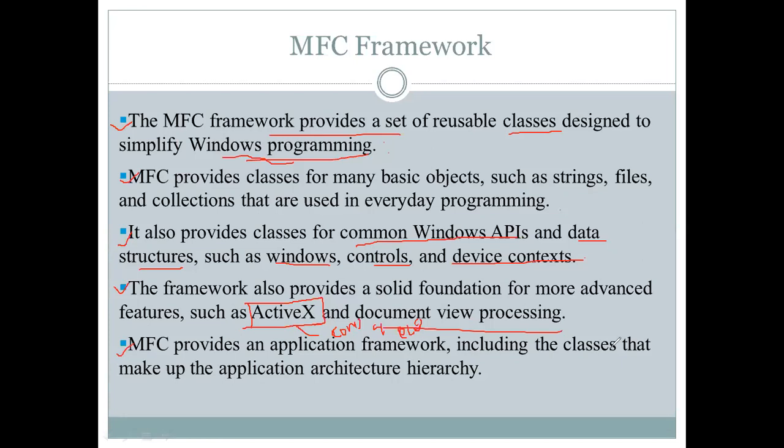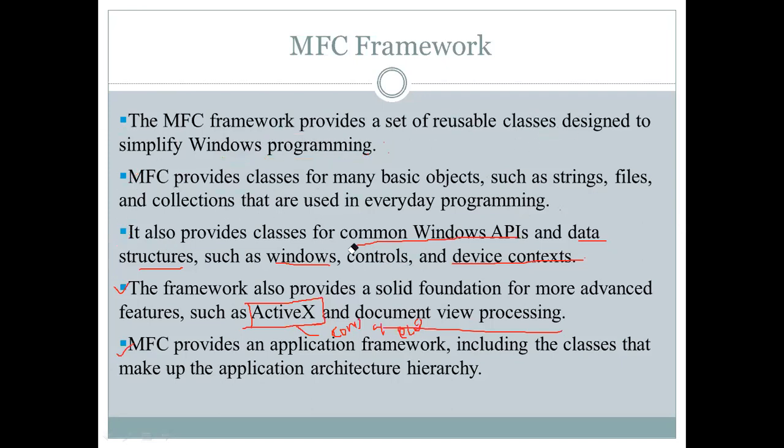Basically, the properties of inheritance are implemented here, so the concept of parent and child comes in, where we can create the application hierarchy. So these are some of the features provided by the Microsoft Foundation Class.